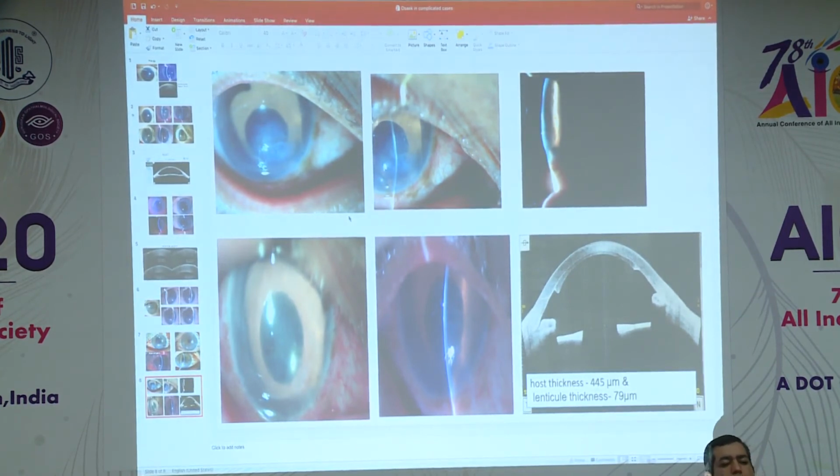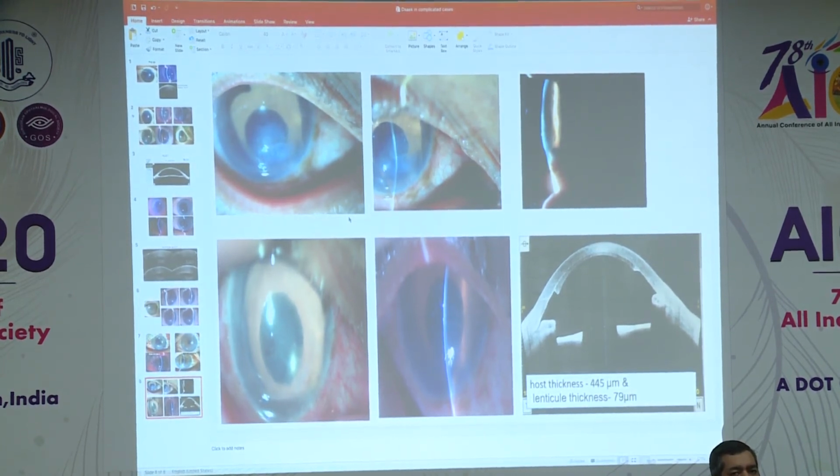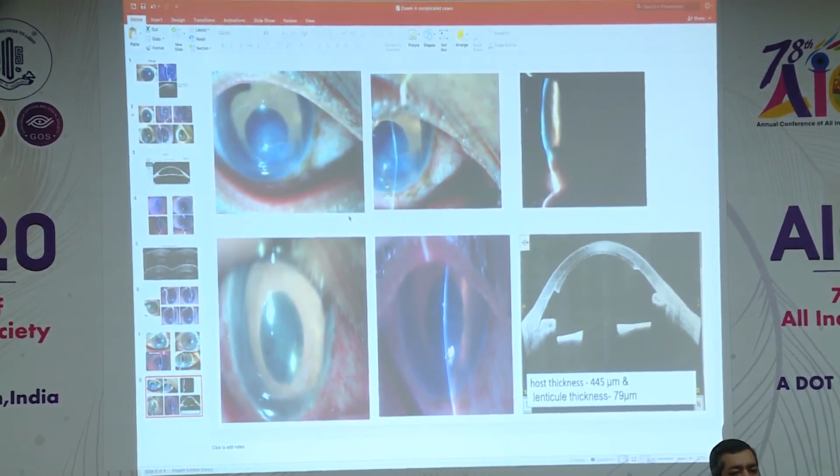But I could find a faint scar over there, and when I was examining the patient, he had a decompensated cornea and early cataract. Only when I moved my slit from one angle to another, I could see something shimmering in the angle area, and I picked up that there was a glass foreign body. And then he said that the pane in front of him had actually broken the screen.